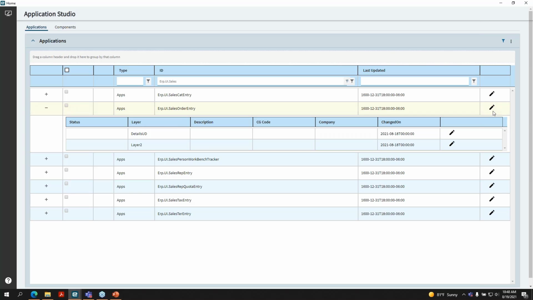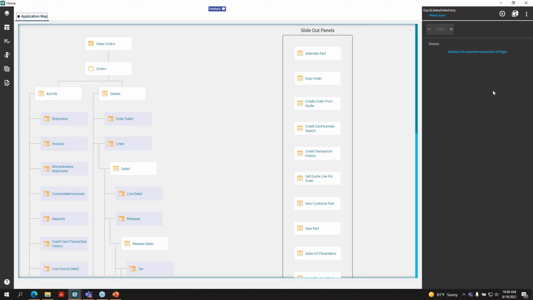Now, this is continuously being improved. As Kinetic is being supported, patches are coming out, so they might add new things to the screen, and I'm not too sure what patch level this environment's on currently, but you should still have this pencil icon here next to the sales order entry screen. I'm going to go ahead and click that. When I click that pencil icon, it brings me into this editor